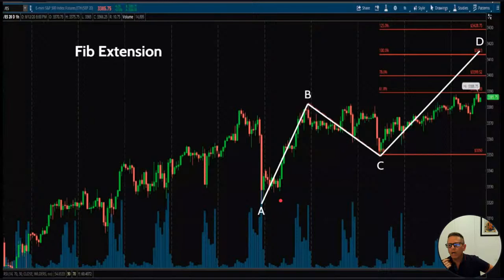Now, another thing that I do with these is with additional positions. All right, so let's talk a little bit about that. So I may get into a trade like, I get into a trade here and I just put one contract in. It went down, so it's going to go down again, right? So maybe it goes up here and it goes down again. I may add a contract here, right? I may add a contract,